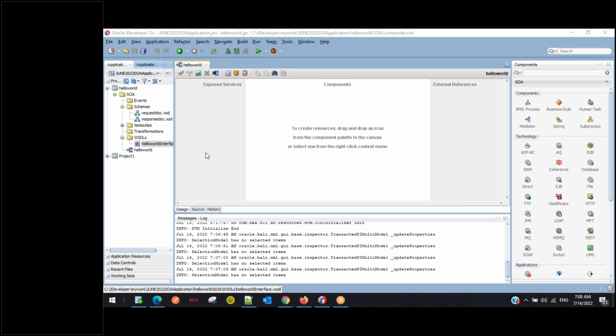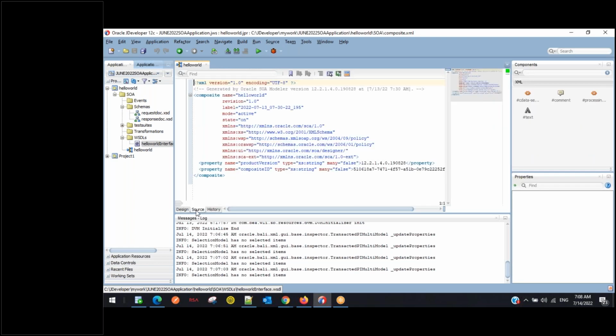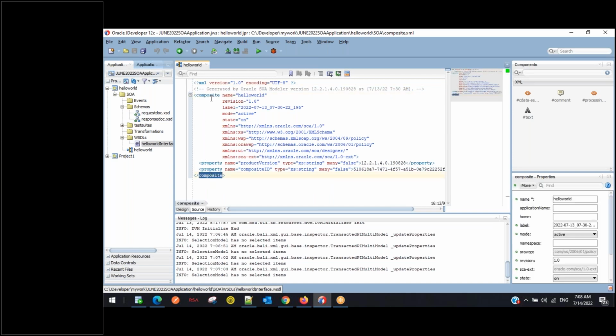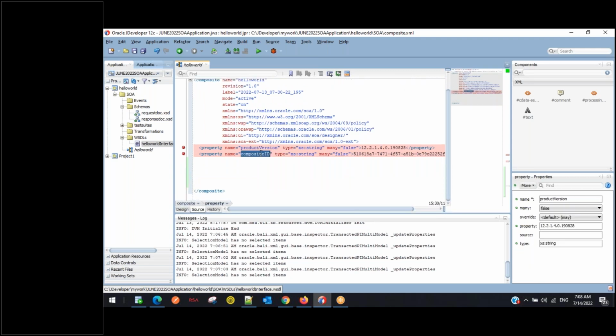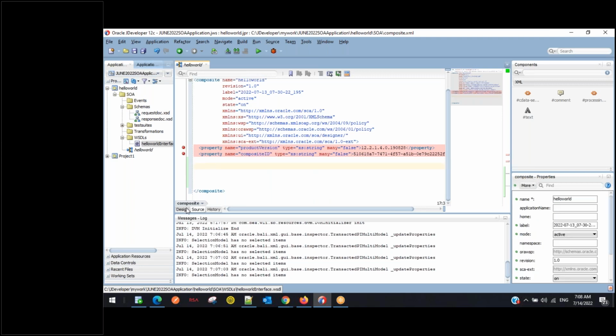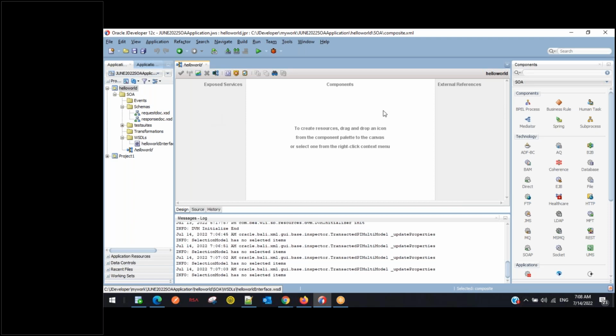The naming conventions and terminology make our communication easy. First thing is service component, second thing is component called component, and the third thing is reference component. Three things. We also need to observe the source view of this file. If you go to the source view, here you can see this is the root element. Under the root element, other than two properties, one is product version and one is composite ID, there is nothing else. But if you do some configuration,